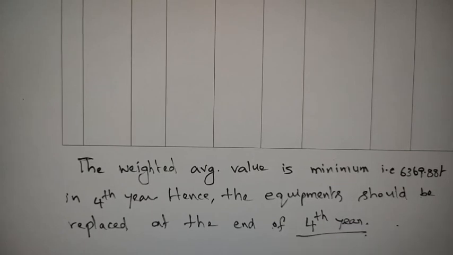So I think you understand this one. In the previous problem the interest rate was not given, so we solved that in that case, but here the interest rate was given as 10%, so that's why we are calculating the best age of replacement through this procedure, right? So I hope you understand this one.